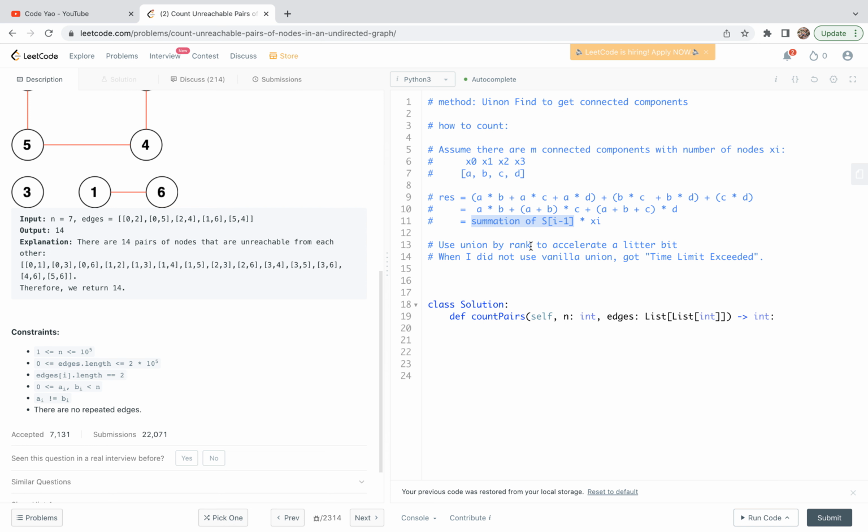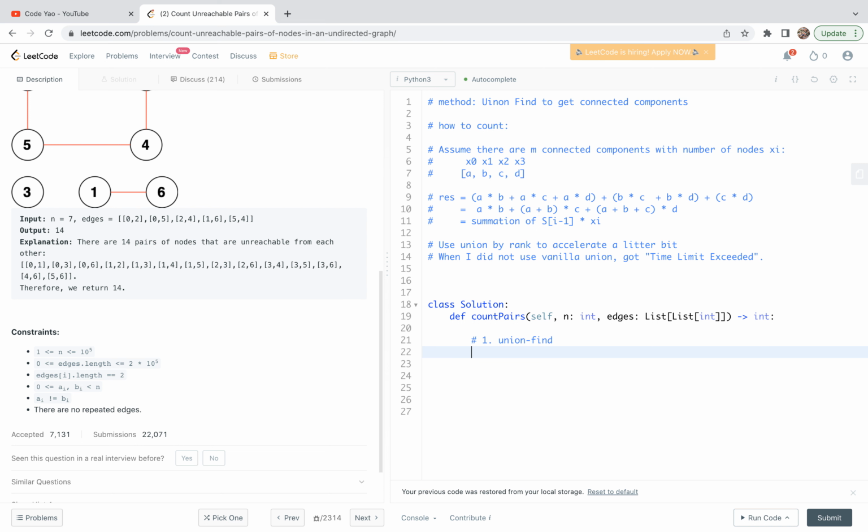So we're going to implement a solution using union find, and when we do the union, we union by rank. So now with that said, let's look at the code. So now basically the procedure is standard. First the union by rank, union find